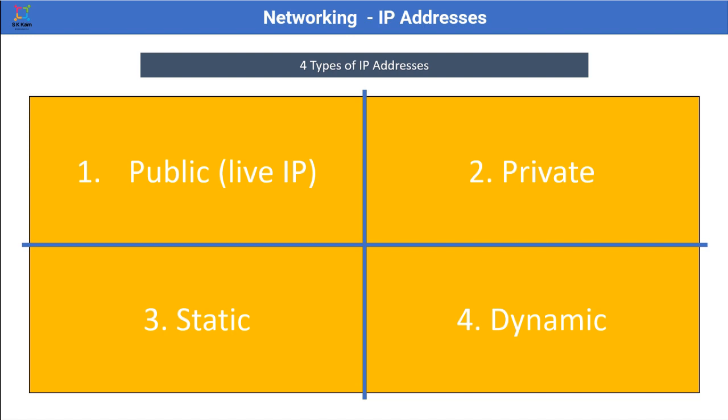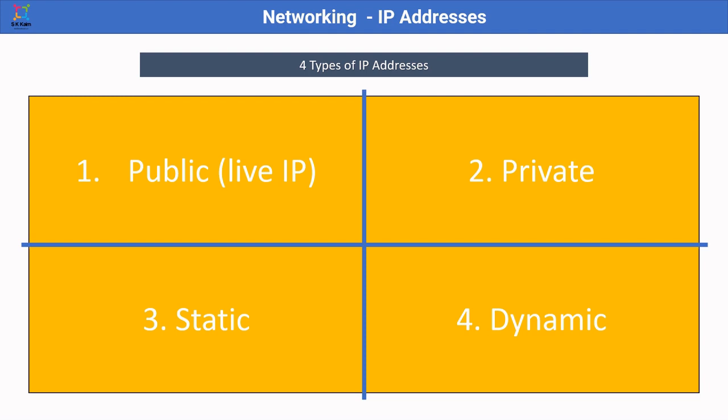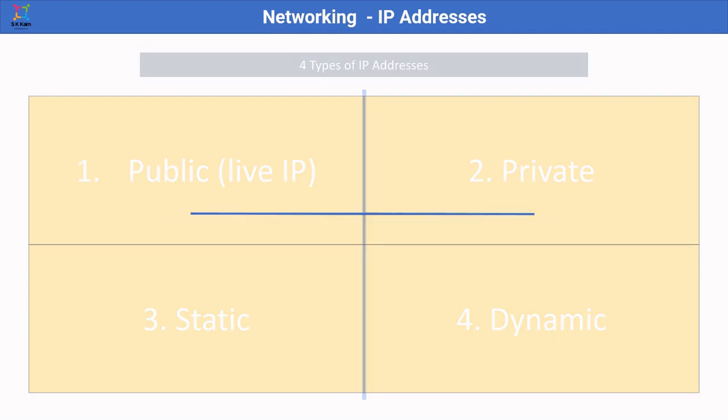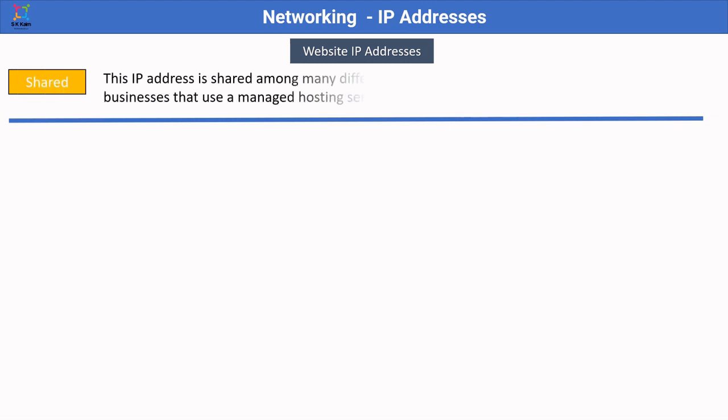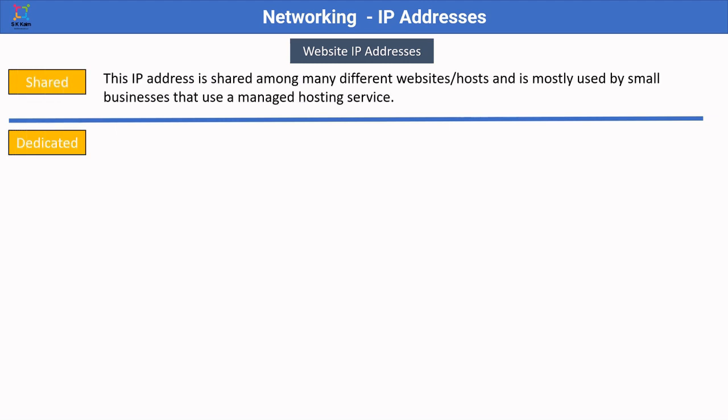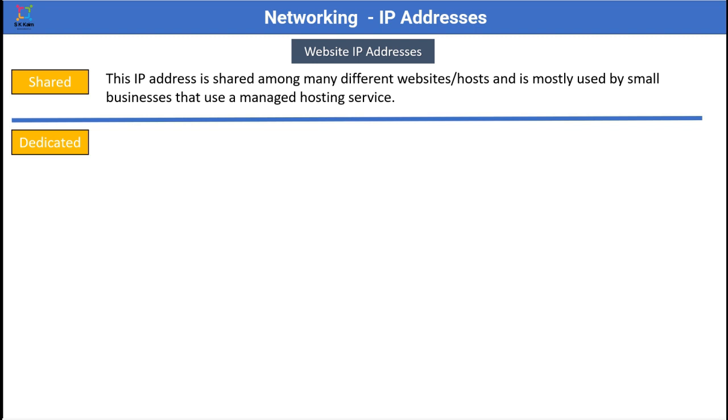A website running on a host in the network or the internet also has an IP address assigned to its host. A website can have multiple IP addresses or it can have a dedicated one. A website can have a public IP, and it can also have a private IP. To access a website over the internet, it must have a public IP. In case of website hosting, we also have two other types of IP addresses. One is the shared IP address, the other is the dedicated IP address. The shared IP address means the IP address assigned to a particular website can be shared or assigned to other websites. So one IP address can represent multiple websites at the same time.